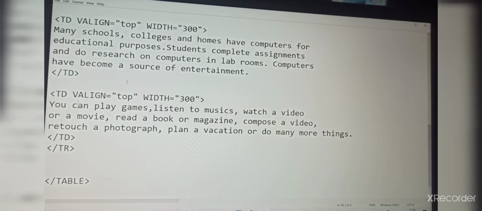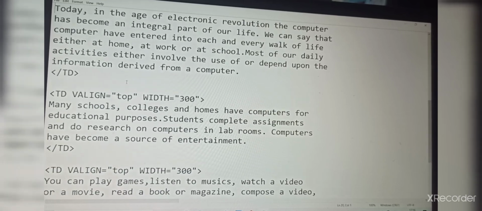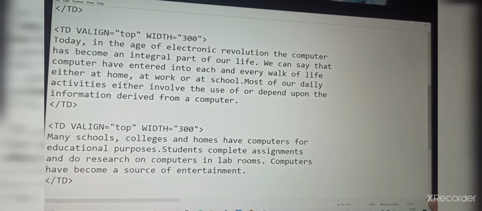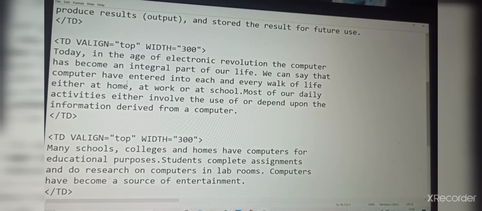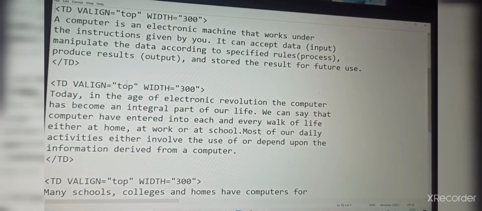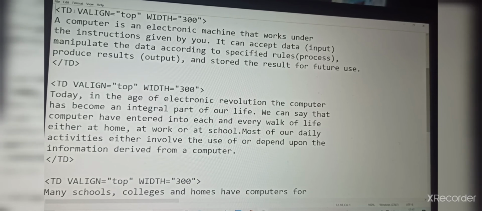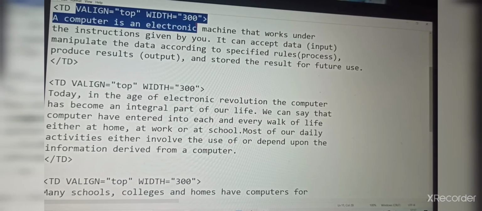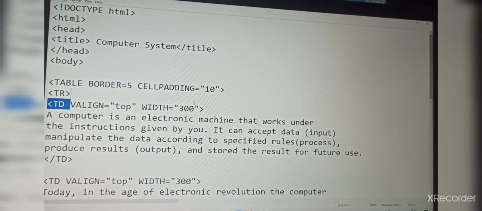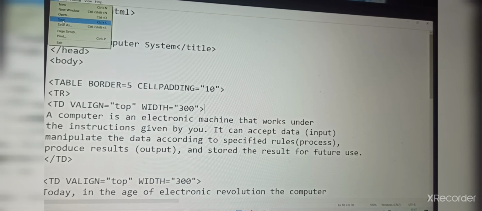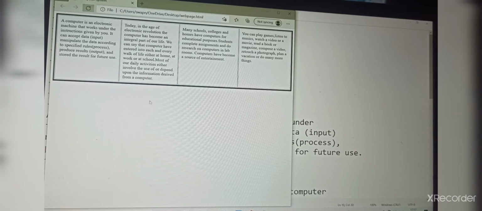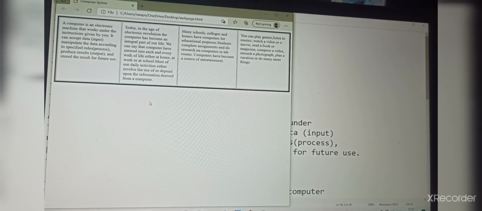In every TD we have given v align equals to top, width equals to 300. Now see how it will look after saving.